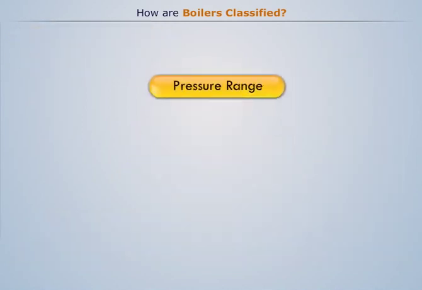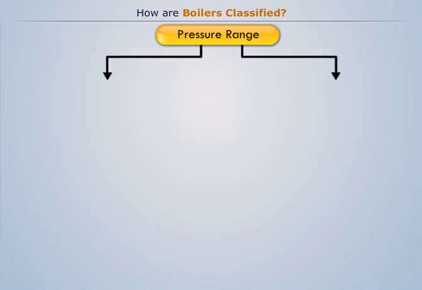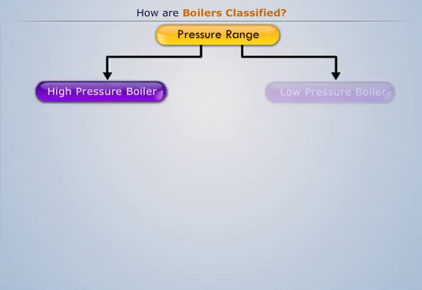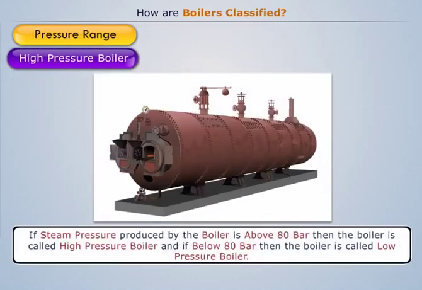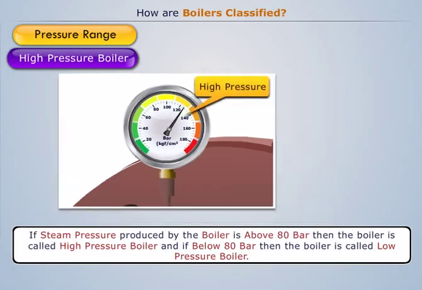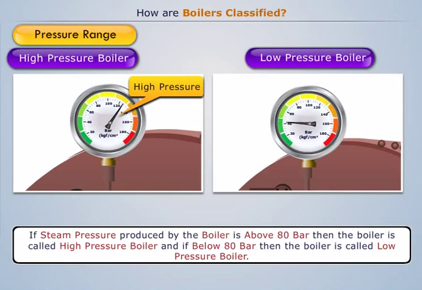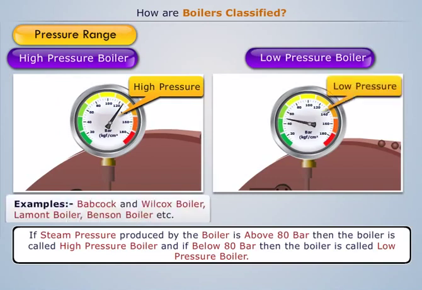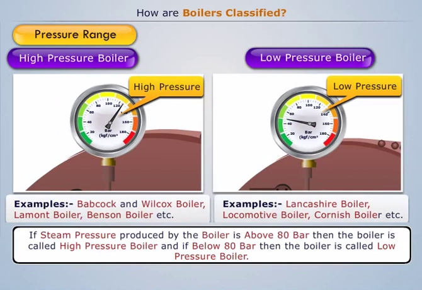Pressure range. On this basis, boilers are classified as high-pressure boiler and low-pressure boiler. If the steam pressure produced by the boiler is greater than 80 bar, then the boiler is called high-pressure boiler. But if the pressure is below 80 bar, then the boiler is called low-pressure boiler. Common examples of high and low-pressure boilers are